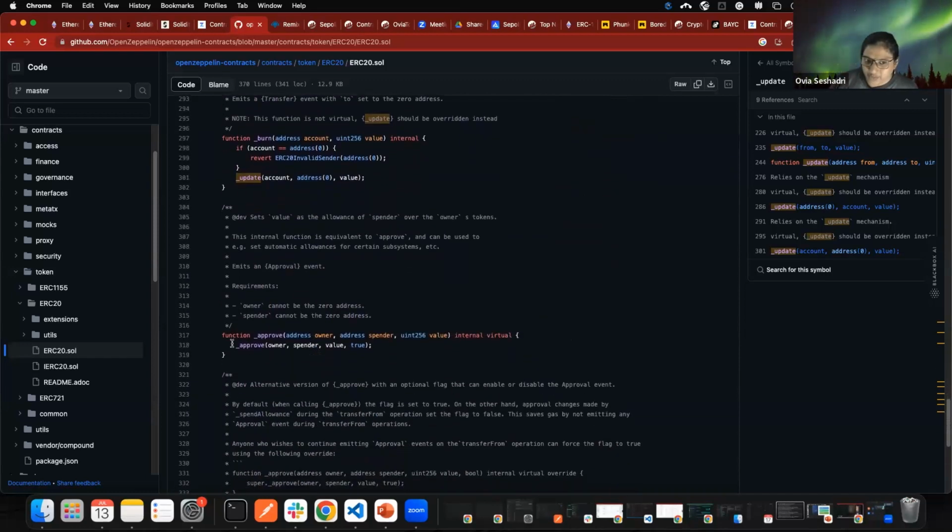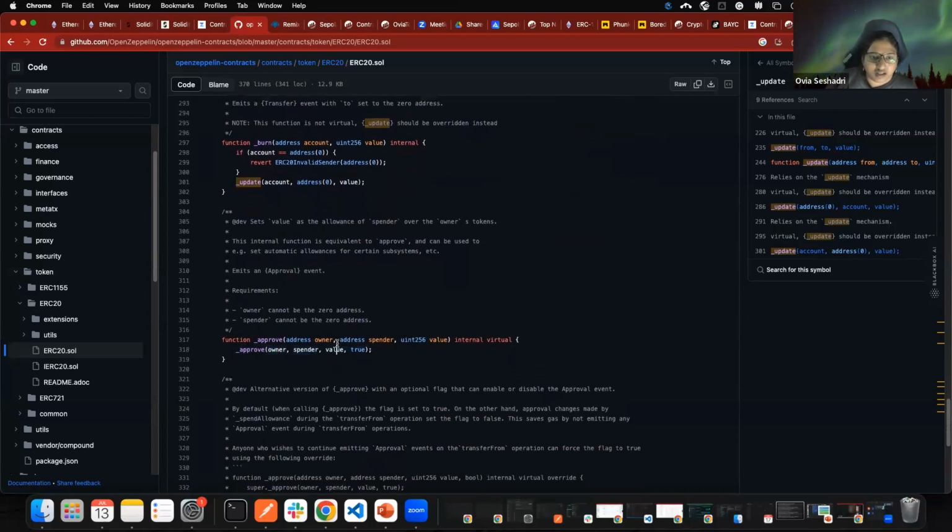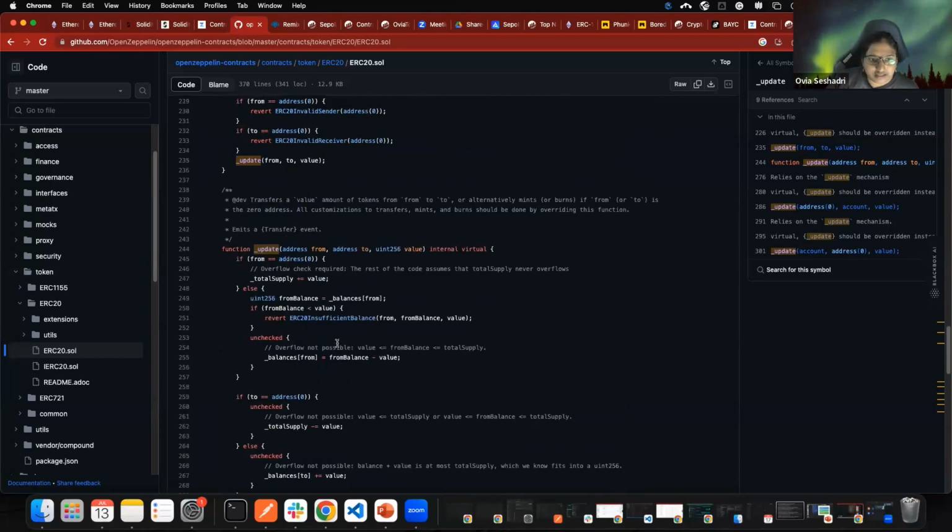So approve is basically you're just changing the mapping, right? It's a two-dimensional array. For this owner, for the spender, you're setting this value as an allowance. Yeah, that's